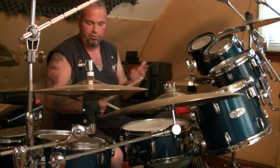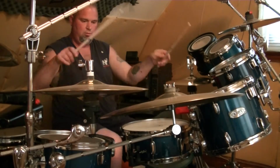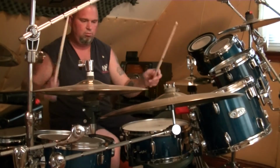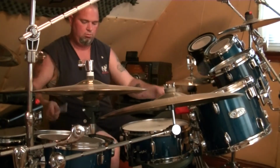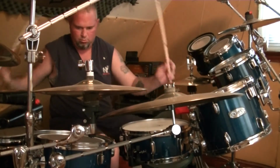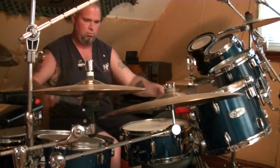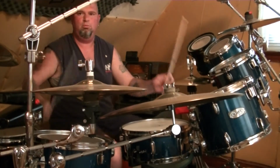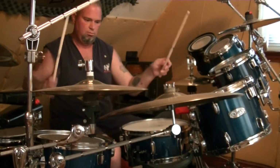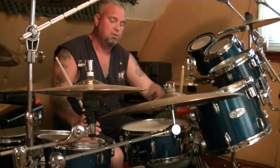Or you can do it with the double pedal. If you want to use the double pedal and do, you can go. So it really depends on what you want to do, but